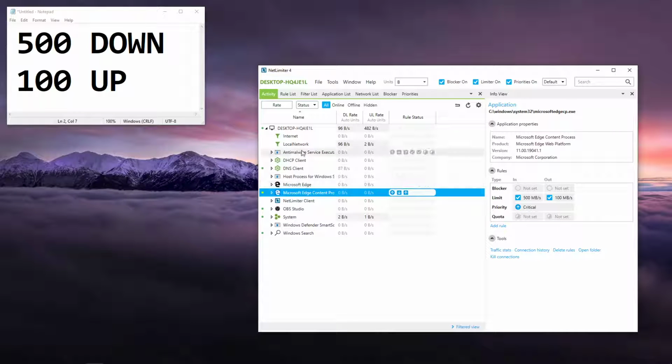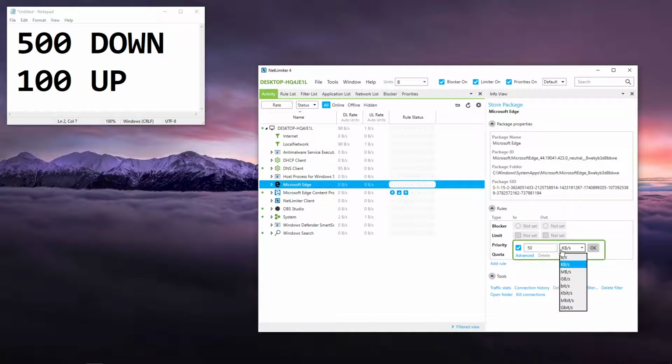But if I wanted to use two programs at once, then I would have to change this rule to half, because I would have to evenly distribute the internet. So I would put this to 250 and this to 50, and I would choose a second program. Let's just say this is one, for example. Like, say one is your Google Chrome and the other is a Discord. You would then divide this so that each of them is half of what one is. So if one is 500, then if you're using two programs, the down would be 250 and the upload would